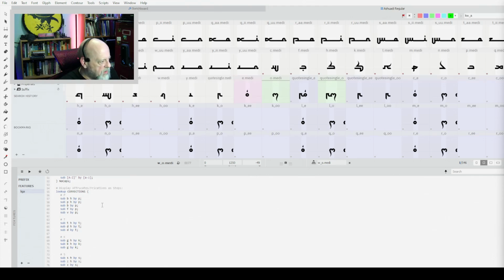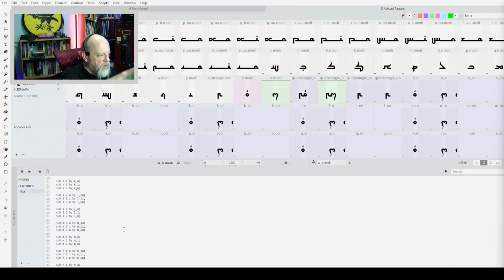But all this scripting down here addresses what a person's typing in and which glyph is shown by it. And every time you hit a key, the font will run this script and look for anything that matches the current circumstances and make a change in the display.